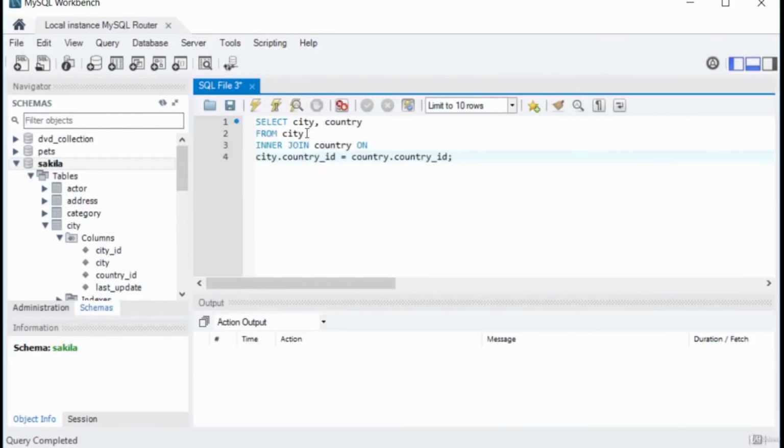I'm selecting the city and country column, two columns, city, country, from the city table, and I'm performing an inner join on the country table. This is the ON. The ON basically is kind of like a glue that joins the data together. So this is the join condition. We are joining the country_ID column from the city table to the country_ID column in the